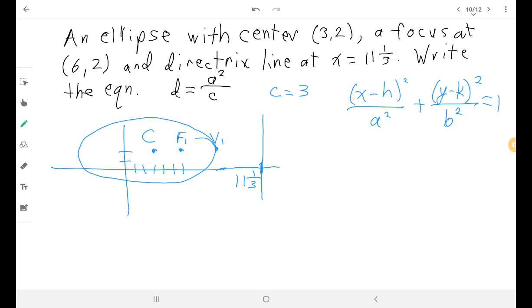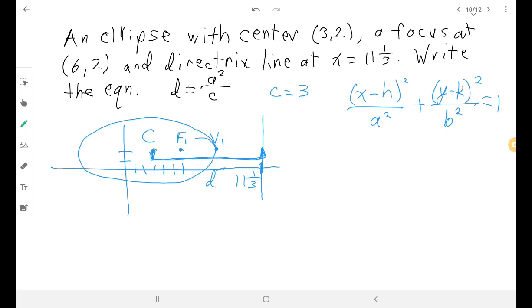I know my distance C. I don't know my distance A, or my A squared yet, but I'm going to be able to calculate it because I can figure out my distance D from the center to the directrix, and that distance is